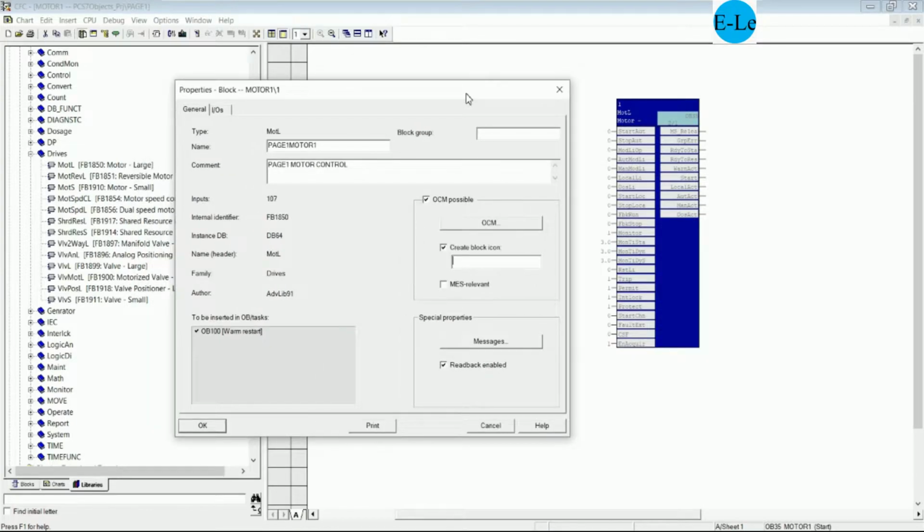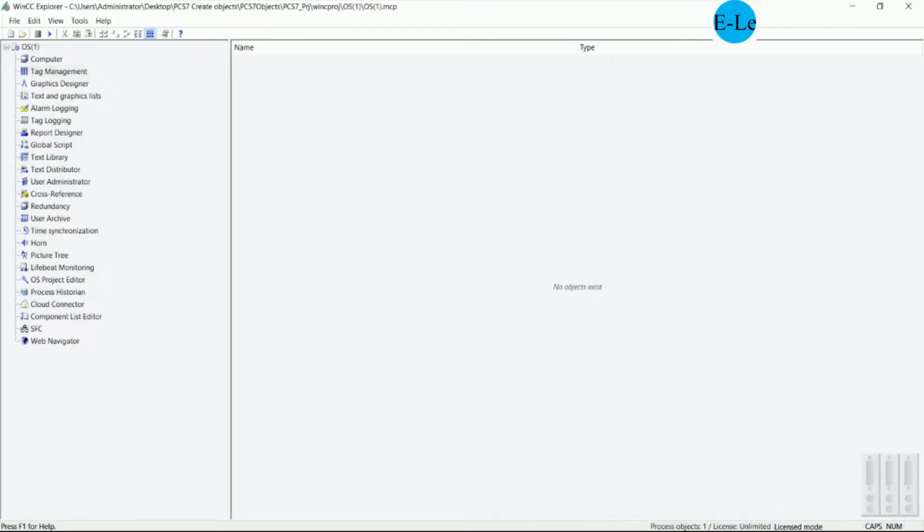So to see the block icon, this is the class, or it is the library name, MOTL. Yeah, so we can go to WinCC Explorer, and then we can go to graphic design, double click